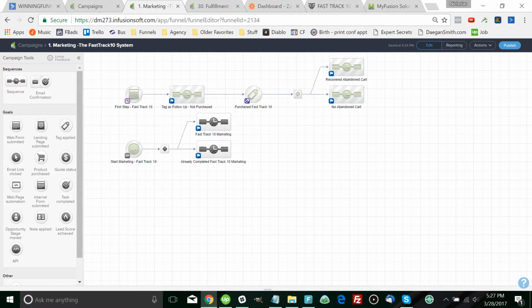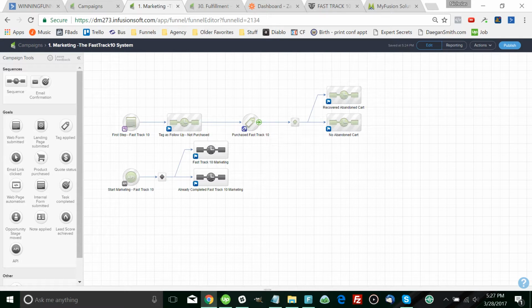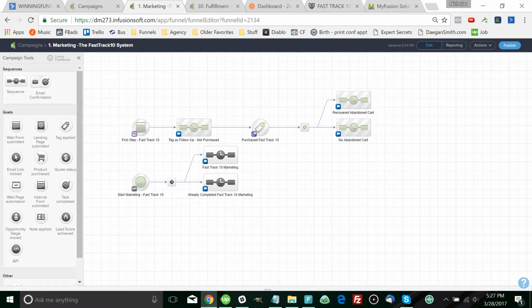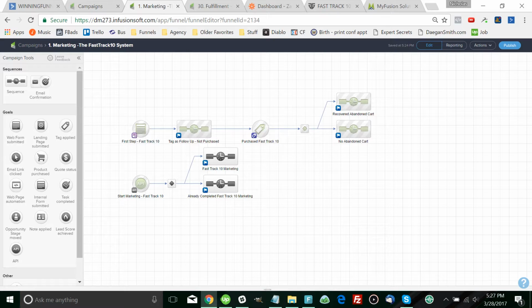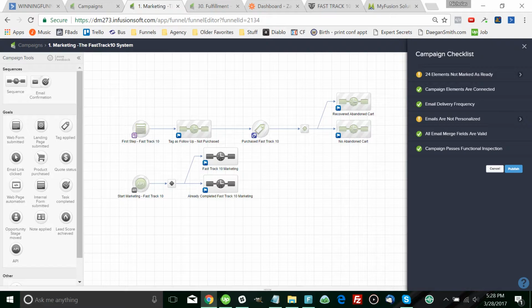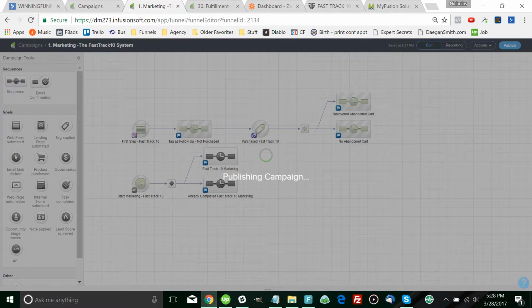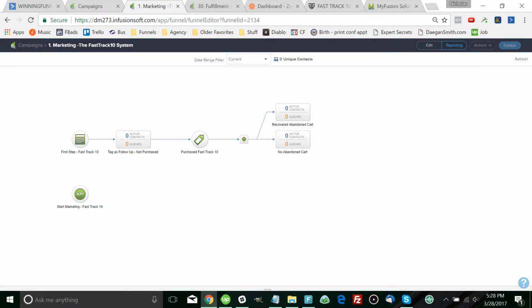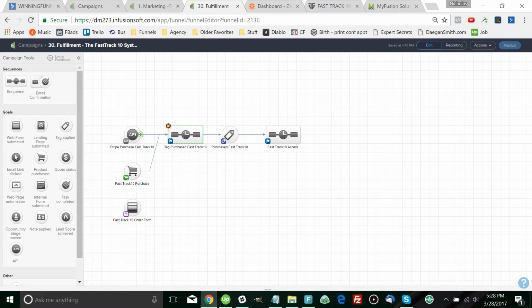And this should be good to go. Try to think if there's anything else. It looks good. I'm going to go ahead and publish this. And this isn't requiring anything from My Fusion Helper to work on this, so there's no issues there. The thing should be good to go. And here, this is where